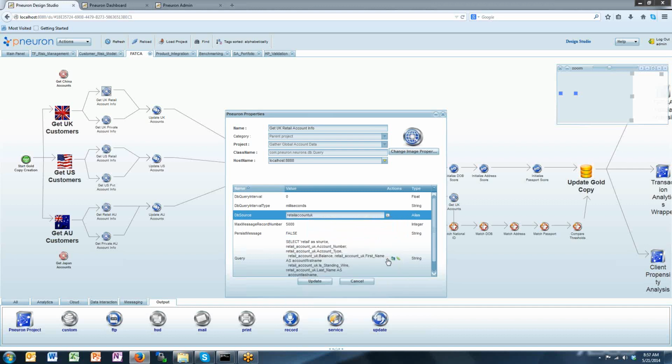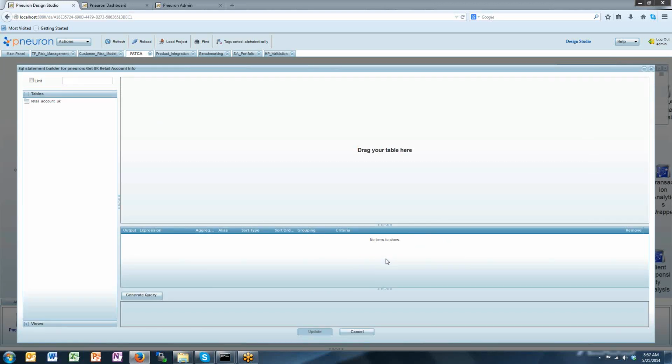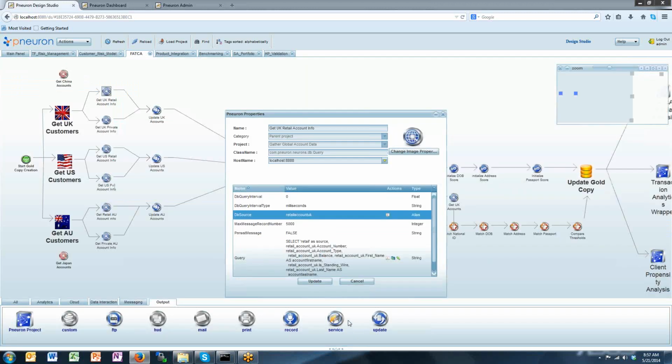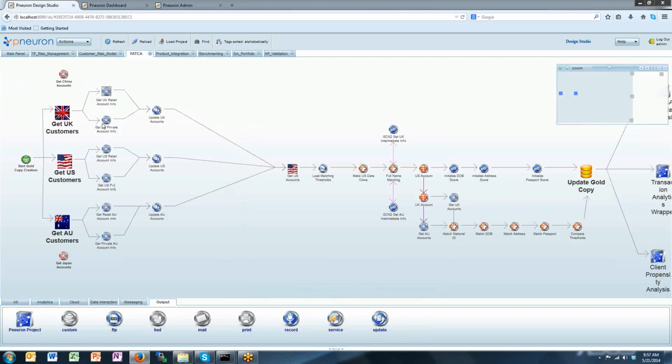To create a query, one can use the Visual Query Builder, which will provide an exposed view of the tables, and within tables that are selected, the individual fields that are eligible to be used within a query. By selecting these fields, they are dynamically added to the visual grid where all aspects of the SQL configuration can be performed with drop-downs and simple text entries. That query is then dynamically generated and stored and will be executed as soon as a message arrives at that